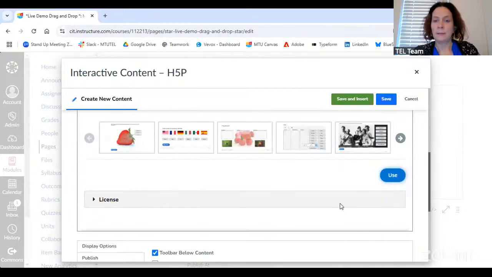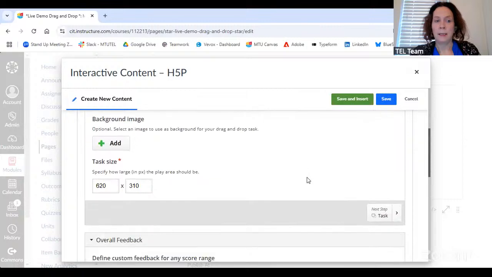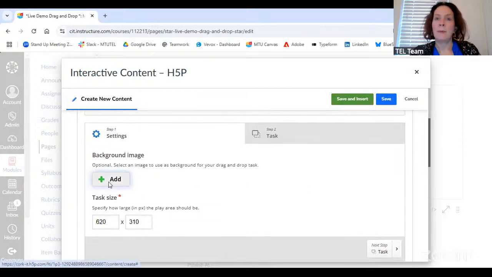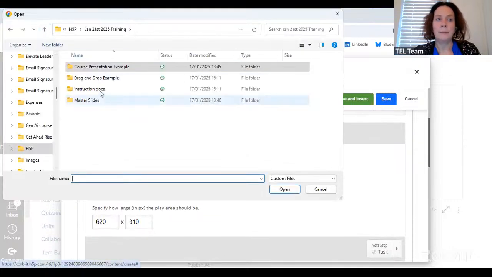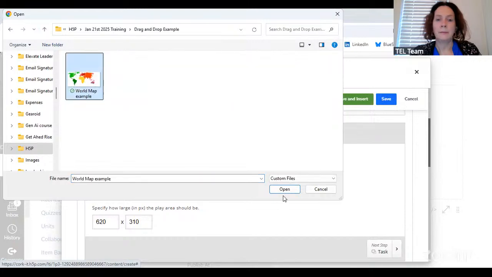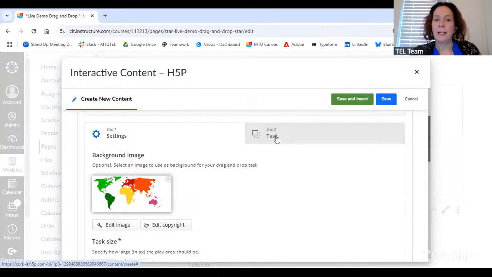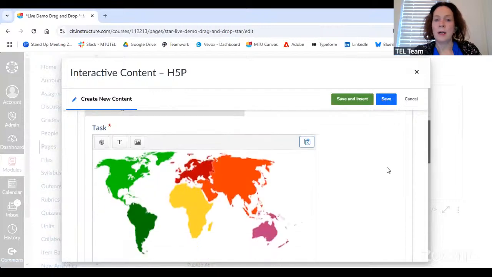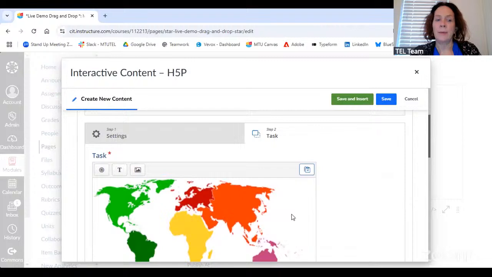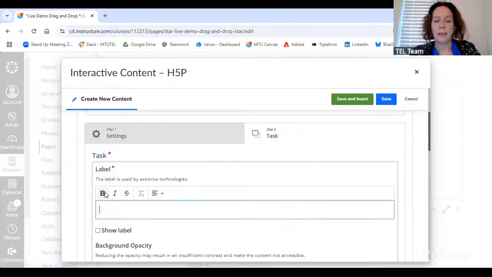Select that. And okay, so first of all, we need to add our map of the world here. And then step 2 in the task is we need to add our drop zones and add our labels. So if I do a drop zone here for North America,